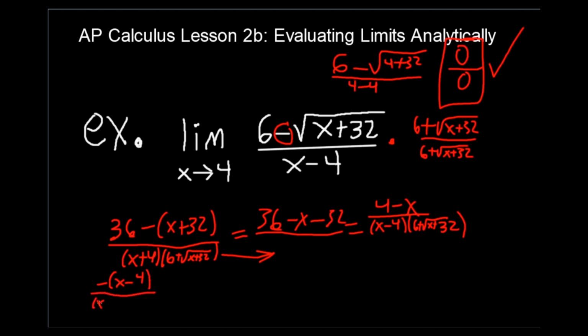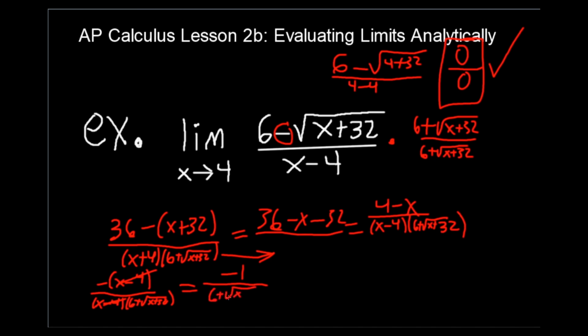So then we have x minus 4 times 6 plus square root of x plus 32. Okay. Boom, boom, those cancel. Now we have -1, because that negative sign is still there, over our denominator, which is 6 plus square root